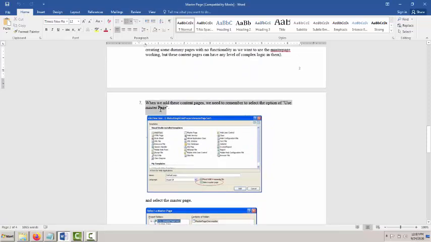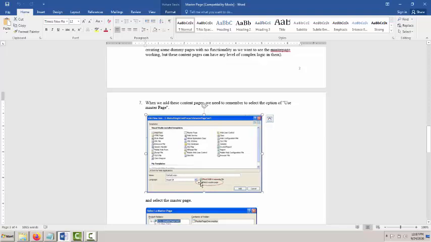When we have to add the content page with the help of the master page, what we have to do: in Visual Studio 2005, the UI is different. So in that particular UI, we have to select the web form and then select the master page.